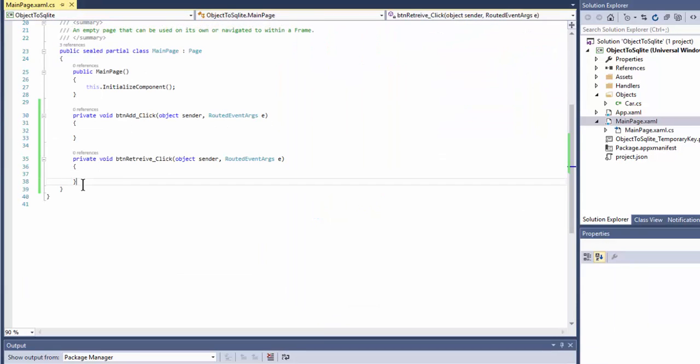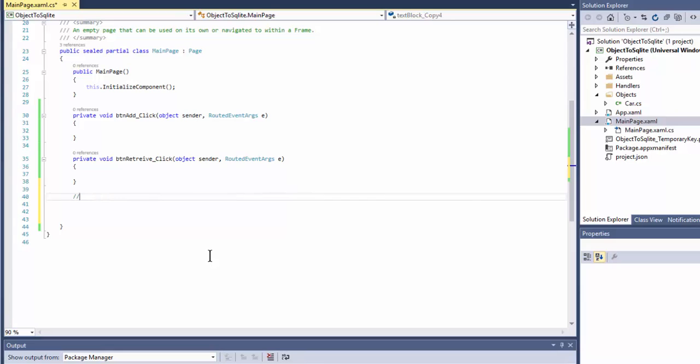So we have our 2 buttons, and there's going to be a few functions that we need to build for how we're going to process the information. Okay, before we do the buttons, I'm just going to go through and highlight what we're going to be doing. The add button will add whatever information we put into the database, and the retrieve button will retrieve it back from the database. So our first function